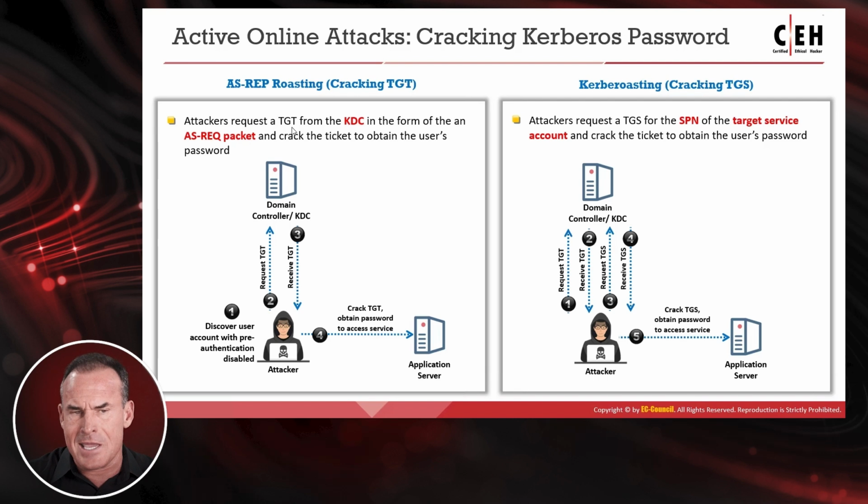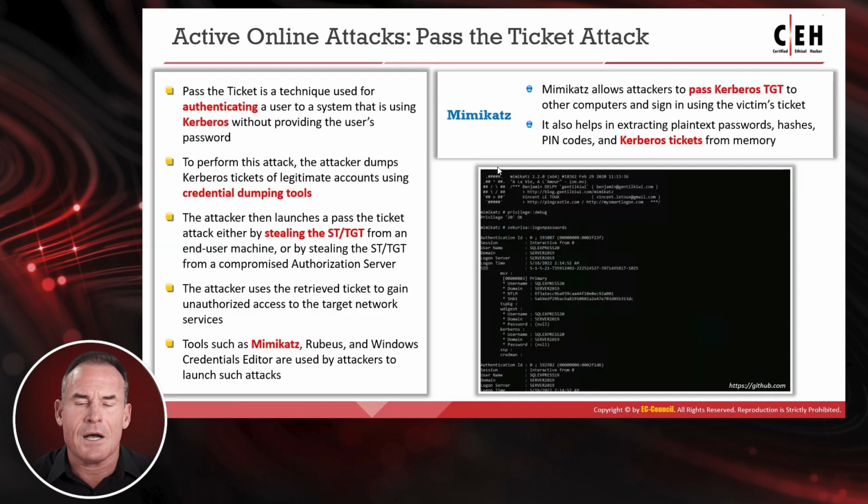So the TGT should be issued at the beginning of the workday, for example, and then that sits in your ticket cache for 8 to 10 hours. If I could compromise the victim's system and I could compromise that TGT, I could brute force it and try to turn certain fields into intelligible fields. Kerberoasting is going after a ticket granting service ticket, targeting a service account, trying to crack the ticket to obtain the user's password. So both of these require access to the ticket, which oftentimes is done by compromising the system